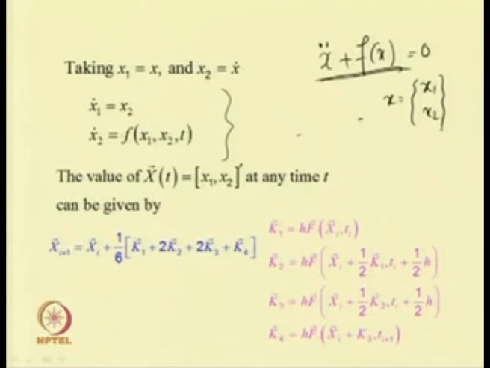So, one can write this equal to minus, in this case let me put this equation in this form, minus this thing, then it will be this plus f of x 1, x 2, t. So, now we have reduced this set of second order equations to a set of first order equations.